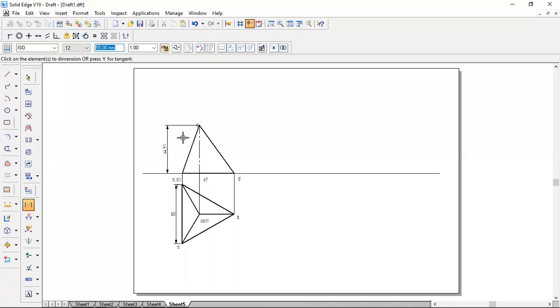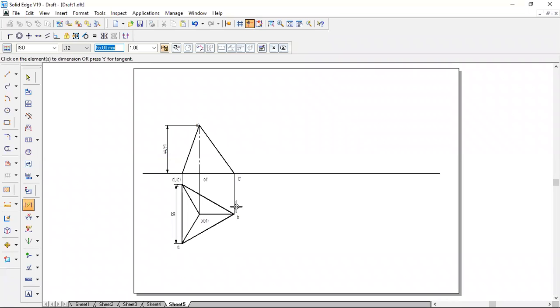That we need to find out the axis length in the case of tetrahedron. In the case of cube, they don't give the axis height. Axis height is equal to the side of the cube, in the case of cube or hexahedron. But in the case of tetrahedron, we need to follow a procedure to find out the axis height.